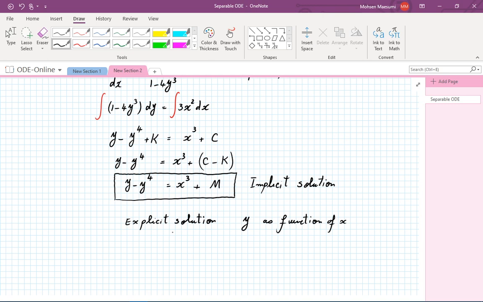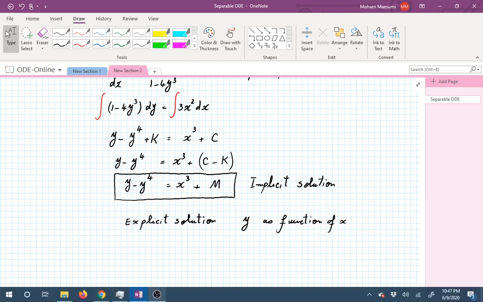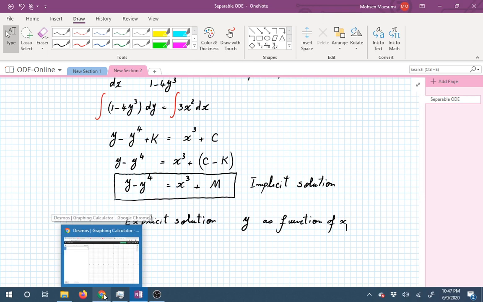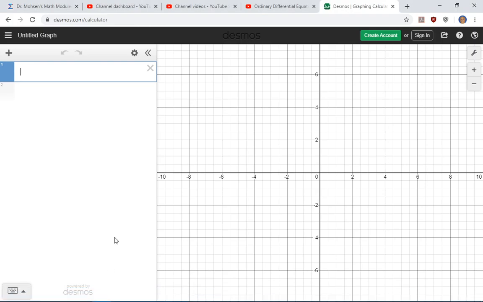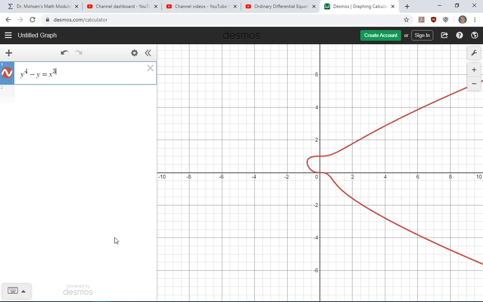So what do we do for graphing? One of the tools that we are going to use in this course, and I'd like you to practice it, and there will be information about it on my website, is something called Desmos. It's a very nicely prepared software. You go to desmos.com, and it's very easy to use, probably much nicer than any graphing calculator that you have. So for example, over there I had y to the power of 4 minus y is equal to x to the power of 3, and then I space, and then I have